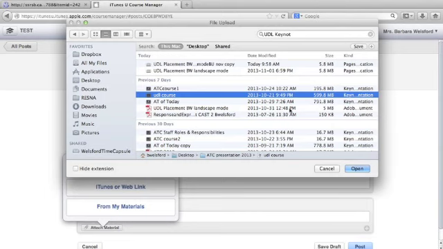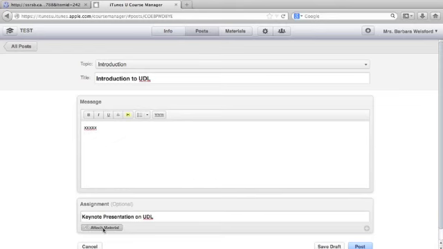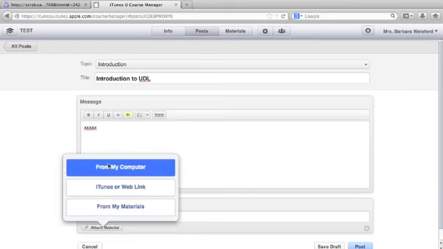I'm going to select that from my computer storage system, and I'm going to open that, and it's going to upload the material, and it will show as a document. And because that's going to take so long, I'm going to cancel that upload and just go and get a handout